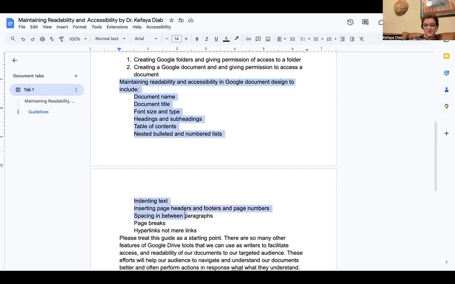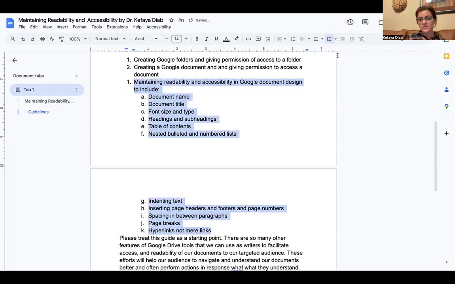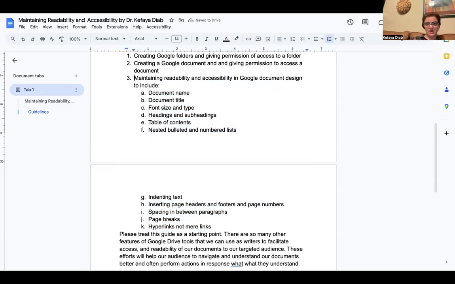Come here and go to the numbers. It created a new one because it didn't understand that this is number 3. I know that there is a smarter way to do it, but I really don't remember how to do it. So I just did what I did. Okay,